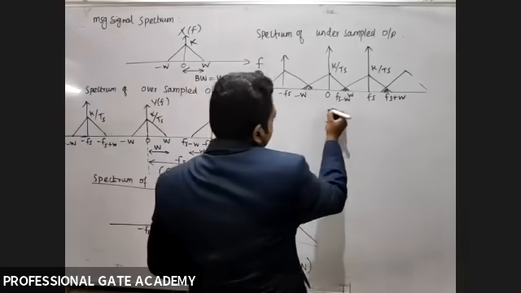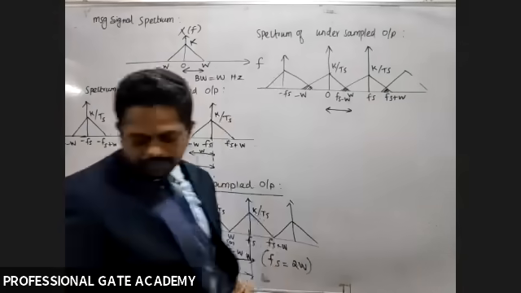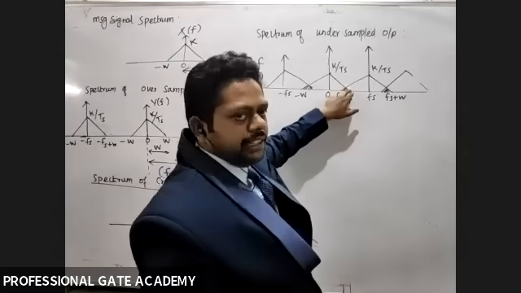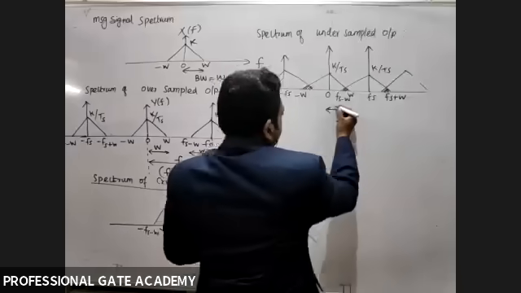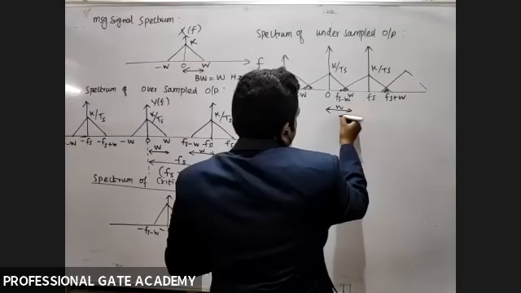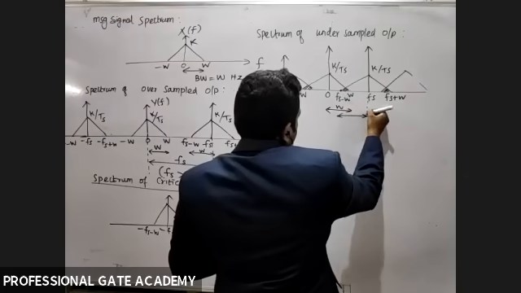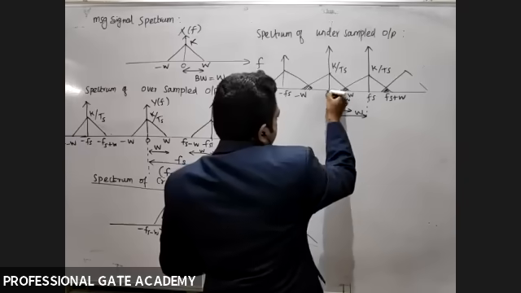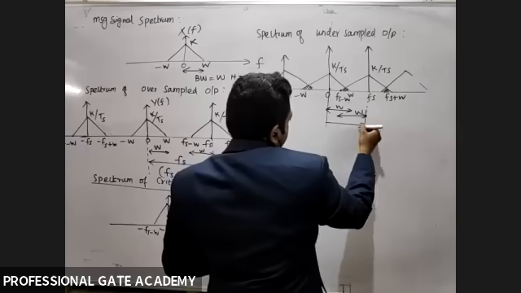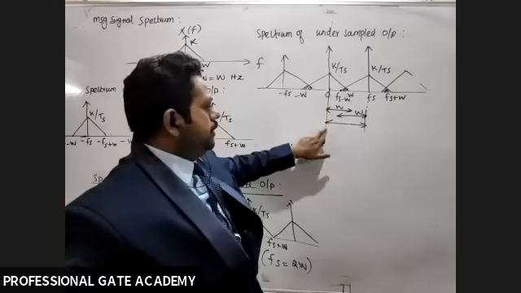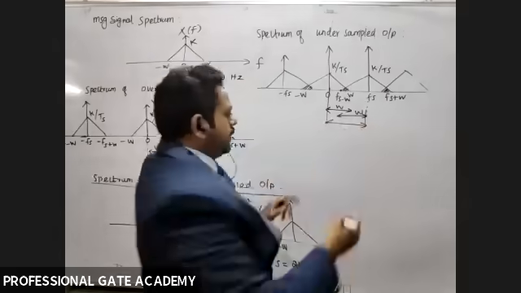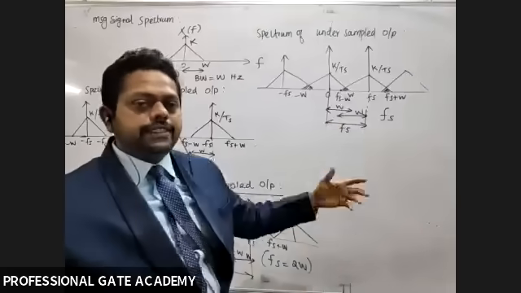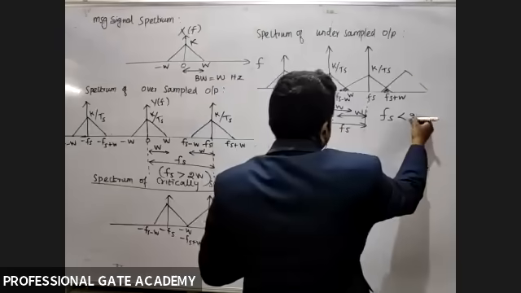Now see here, from here to here, what is the length? Students, tell me. Here 0, here W. So what is the length? W. And here Fs minus W, then here Fs. So here what is the length? W. Fs minus W, here Fs. What is the length? W. So from here to here, what is the length? Fs. The lower value is 0, the upper value Fs. So 0 to Fs, what is the length? Fs. So here what can we say? We said Fs greater than 2W or less than 2W. Fs less than 2W.